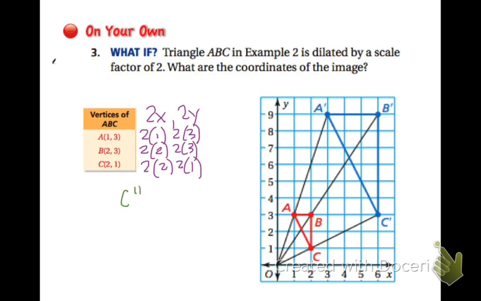So for C double prime I would have, because I left the blue figure on the graph, I'll give it the double notation, but one notation is fine. 2, 6, oh sorry, that was A. B double prime would be 4, 6, and C double prime would be 4, 2. So that if I graph them at 2 and 6, at 4 and 6, and at 4 and 2,